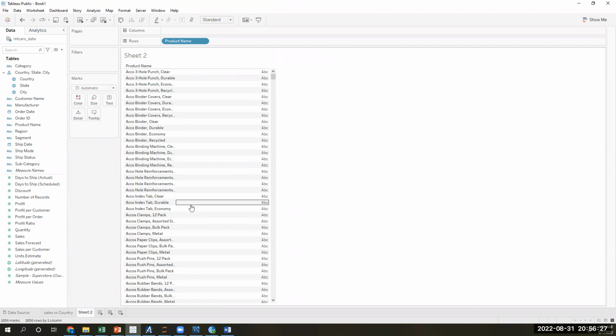Any same names or any duplicate names, are you able to see them here? Duplicate names are there. You're able to see that? For example, if you see these four, right? Why? Because in any company or in any superstore, each and every item will contain multiple copies